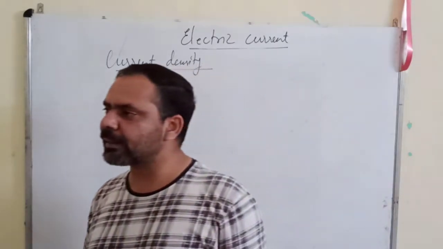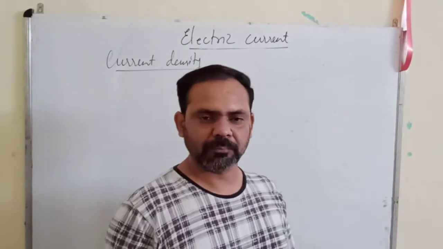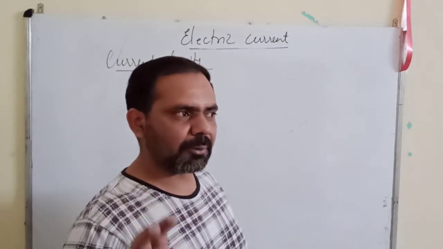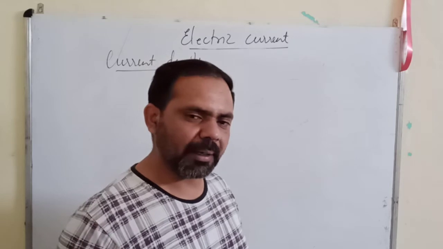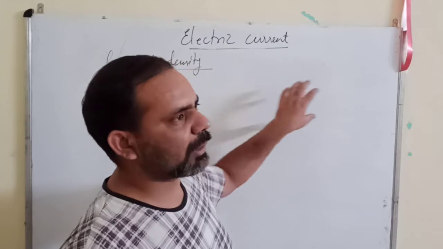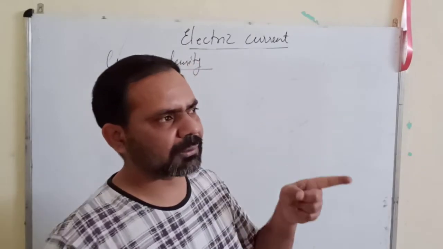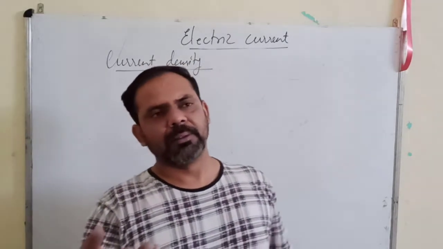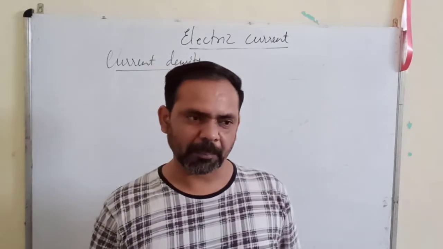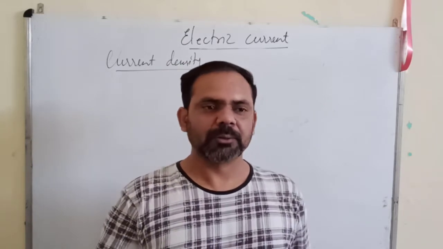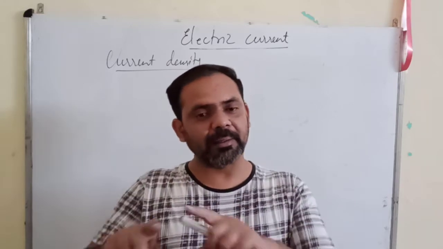Mobility is how much drift velocity a charged particle can acquire. This is the drift, this is mobility. The actual term is defined this way because we will have to compare with the electric field also. Suppose I gave you the example of the bus and the car, but if I fit a rocket engine inside the bus, then the bus will move faster. So we cannot compare a bus and a car in different situations.